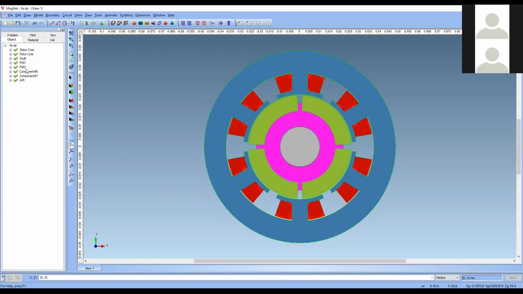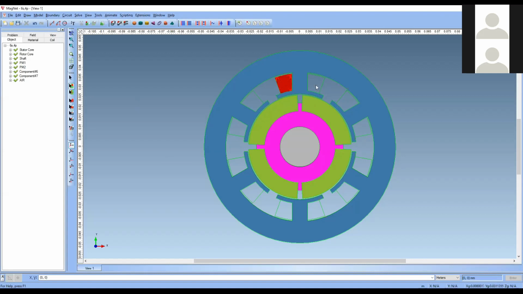For your understanding I am doing it like this, but if you select one by one, you will get an easy flow, because when this has to be created as a coil, selecting everything will create confusion. So it is good to create them one by one, not by selecting everything. Okay, so what problem you will be facing, I will show now.